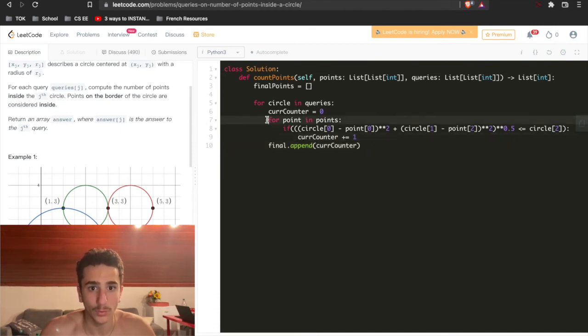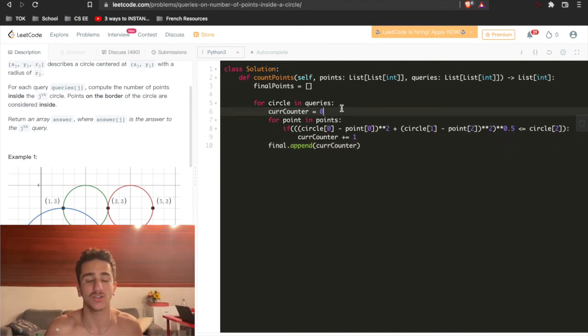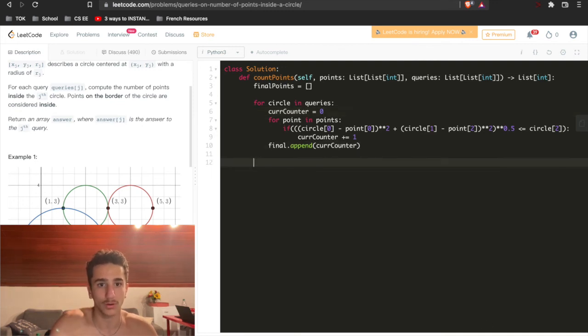After we've looped through all of our points, we append our current counter, redo the loop, and set our current counter back to 0. So if we return our final points here,